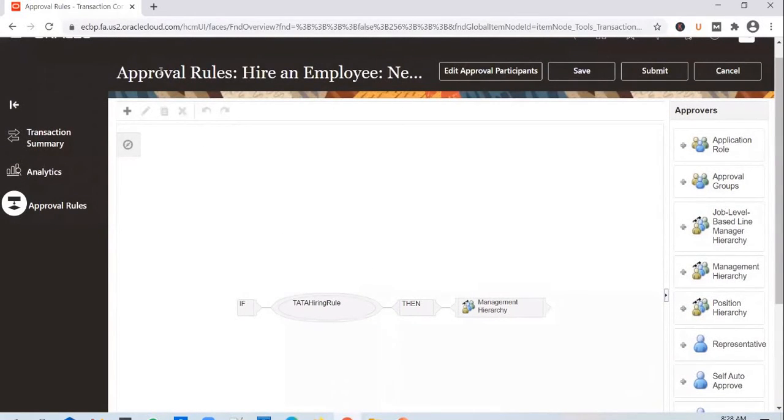First the client will tell you whether approvals need to be enabled or not for a specific process, such as hire an employee, create job, create position, invoice approval or journal approval. If they say that yes, approval is required, then you uncheck that bypass approval checkbox. That means the application will come here and search for the approver. And in here, you write the if-then-else rules. If a condition is met, then whom should it go to for approval?